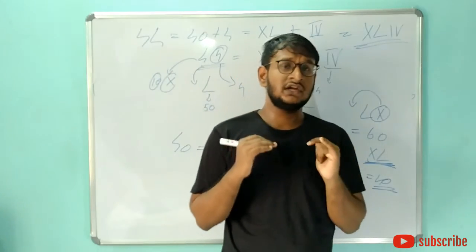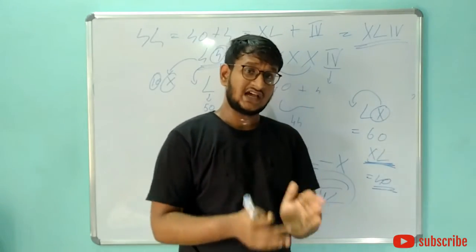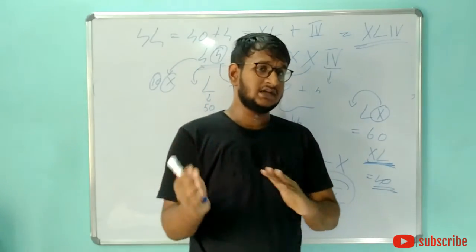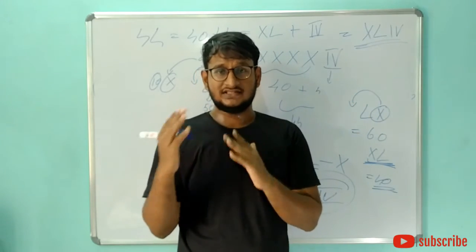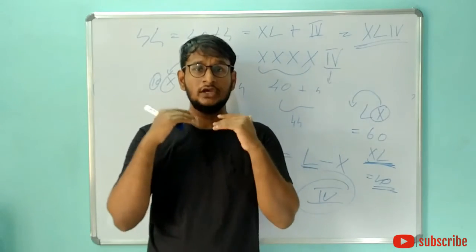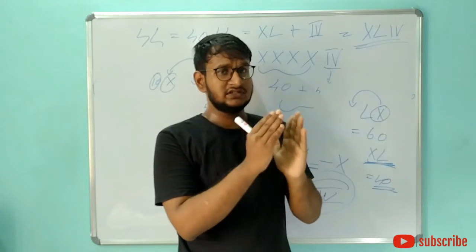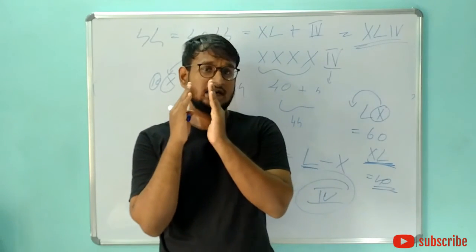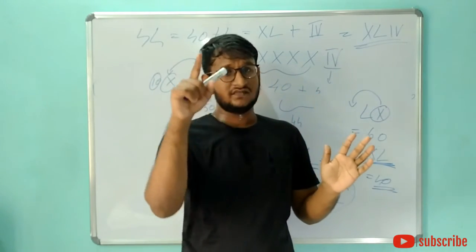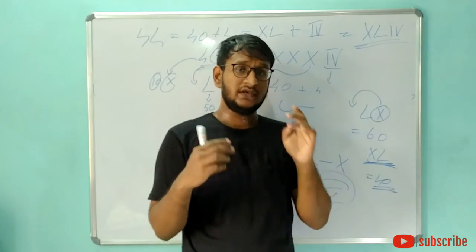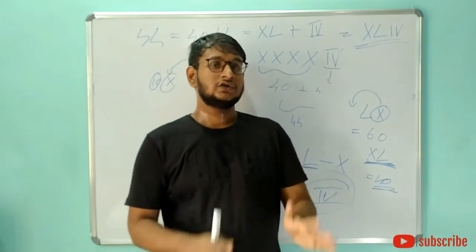So in short, in this video we saw about Roman numerals. There are 7 characters in Roman numerals and a specific property, which is that a symbol cannot be repeated more than thrice. It can be repeated only 3 times, and it cannot go beyond 3 times. The exception is the symbols which represent 5, 50 and 500, that is V, L and D, which cannot be used more than once.